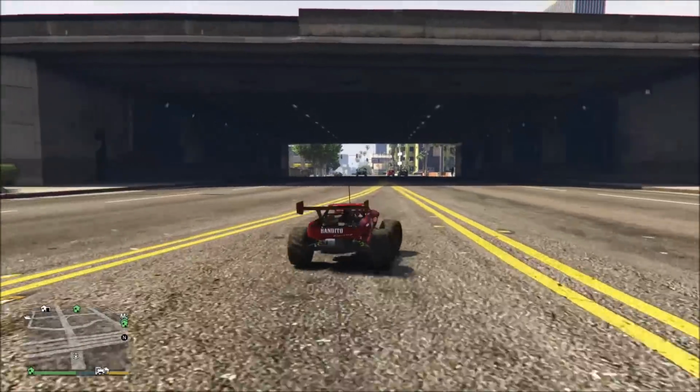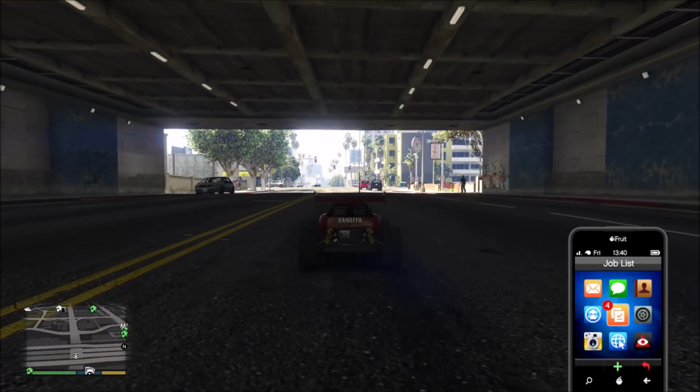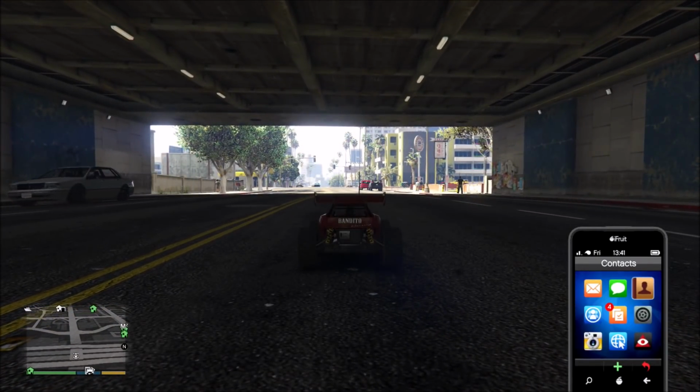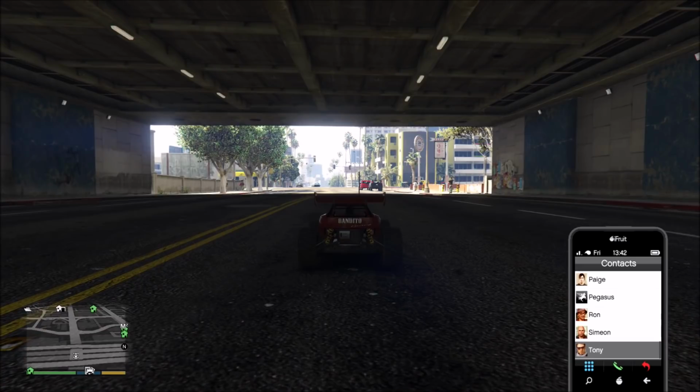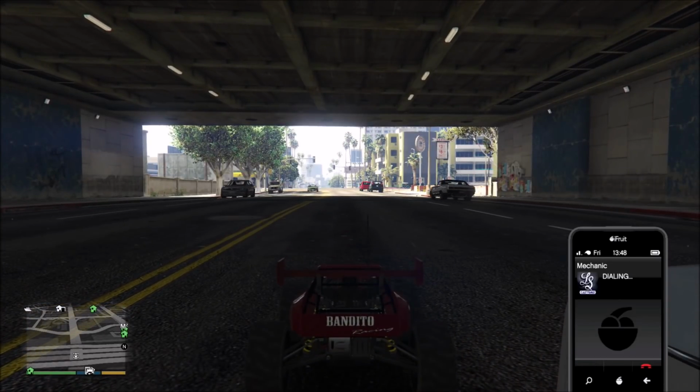Did you also know that it's possible to use the phone while driving the RC Bandito? This is a little more extensive than the previous trick because on console you aren't going to be able to do this with the default control scheme. And the reason being that it requires you to hold down on the D-pad to bring up the character selection screen, and then while holding that down you have to press up on the D-pad to bring up the phone. And it's impossible to press and hold down and up on the D-pad at the same time, at least on